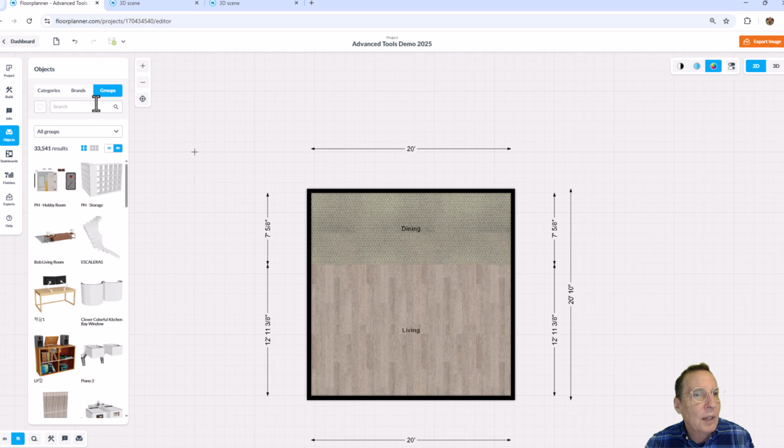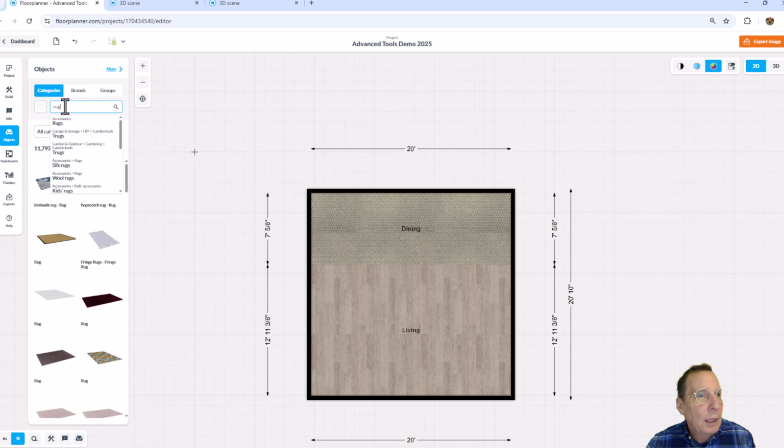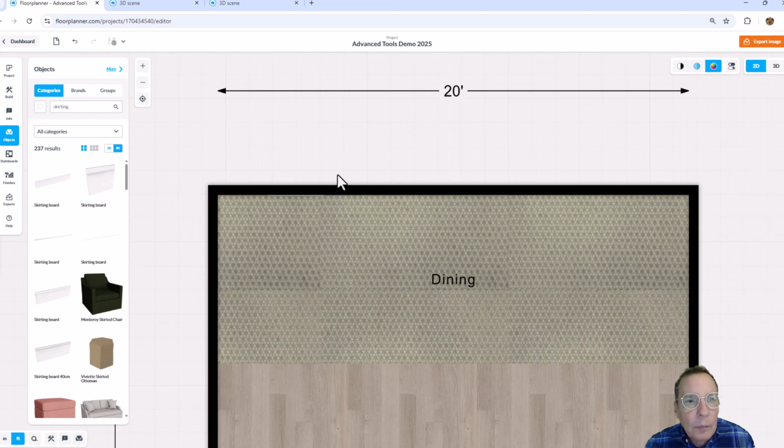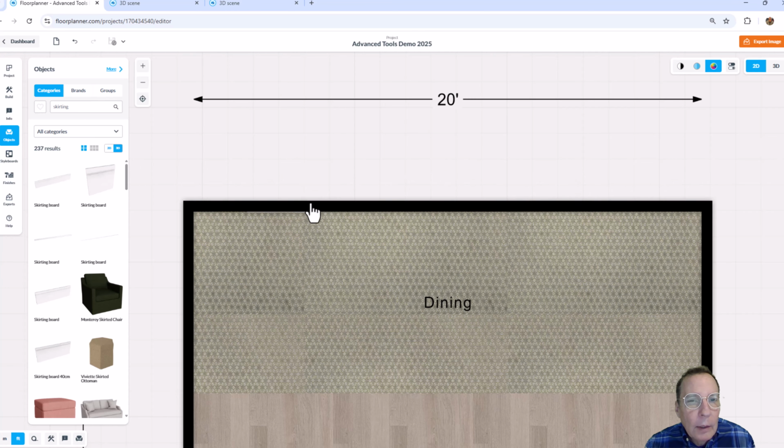If you go over to the Objects tab over here, of course, remembering that we are a European-based platform, so if I start looking for baseboards in the US, it'll be synonymous with the word skirting boards. If you look for skirting boards, they're baseboards. I can left click and drag a baseboard into my room, drag away, and apply it to my wall. There you are. And I can select that